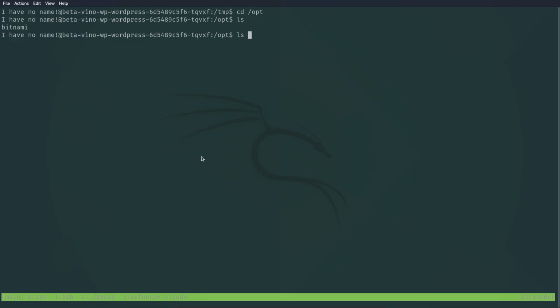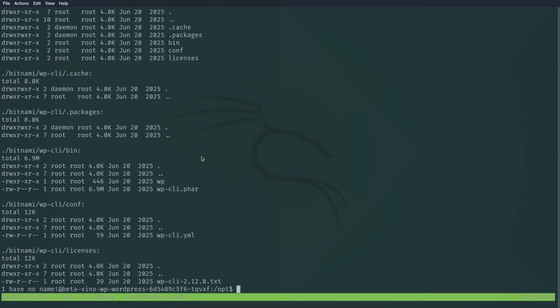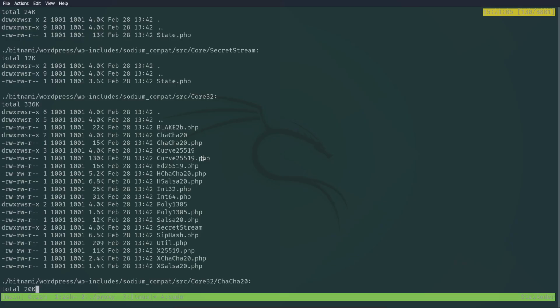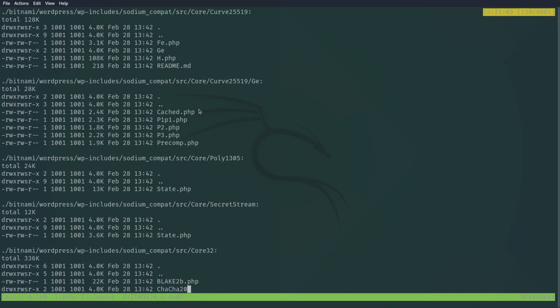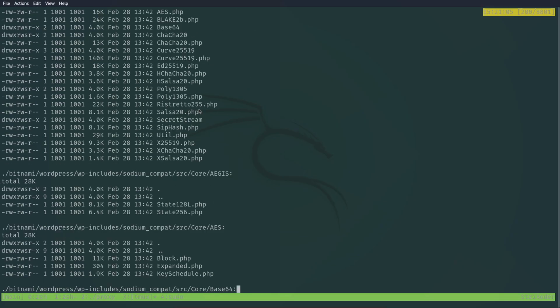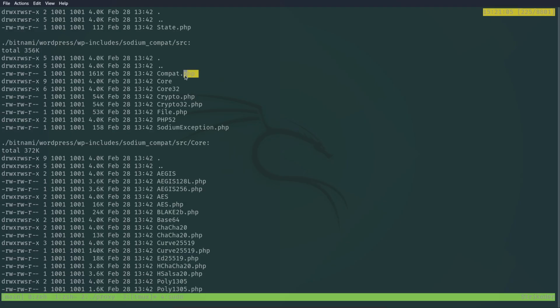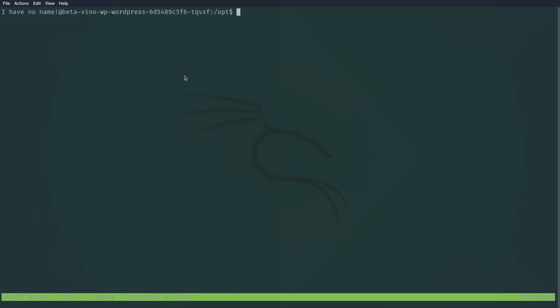What is in here? ls dash R. So a lot of stuff. We have PHP. Do we have PHP? So yeah, we do have PHP. So I believe we can use php -r in order to curl that port,